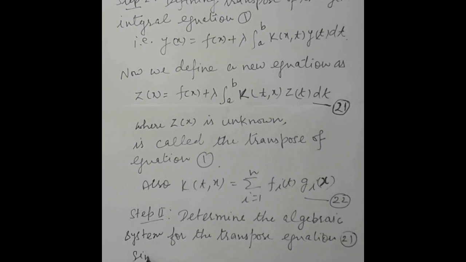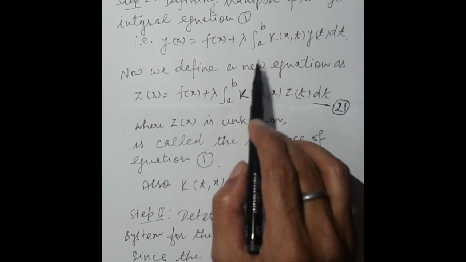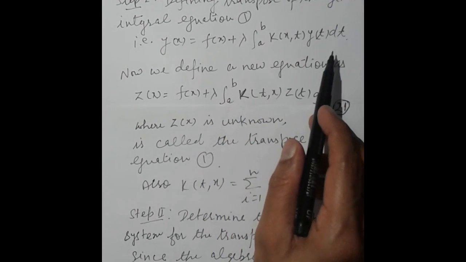Since the algebraic system of equation 1, that is y(x) equal to f(x) plus λ, the integral from a to b, K(x,t) y(t) dt, is (I minus λA) C equal to B,